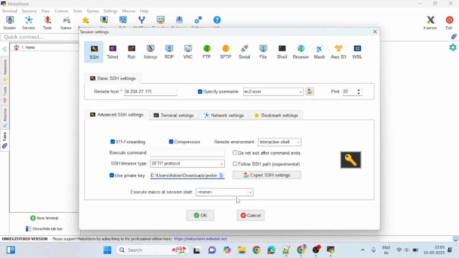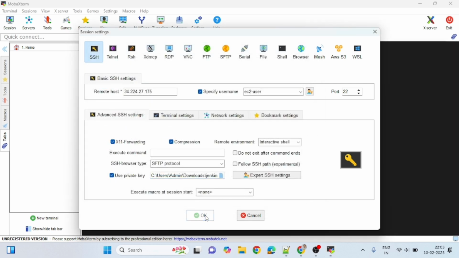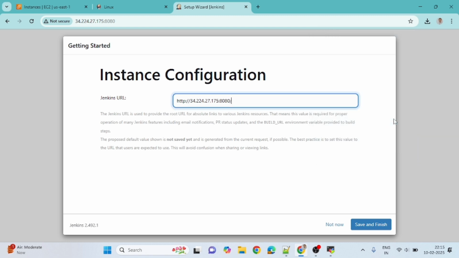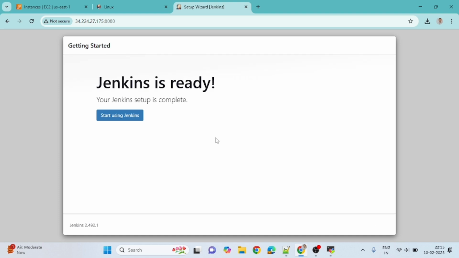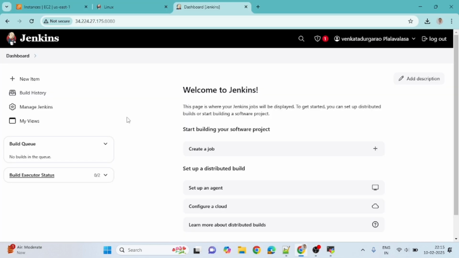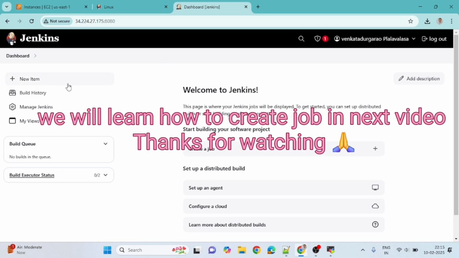Provide email address. Save and continue. Okay. Save and finish. Start using Jenkins. So this is the home page of Jenkins. So let me create one